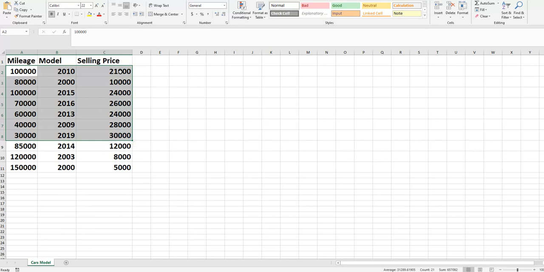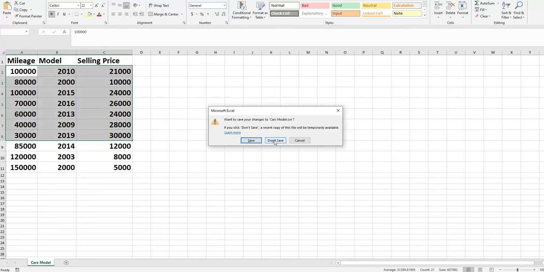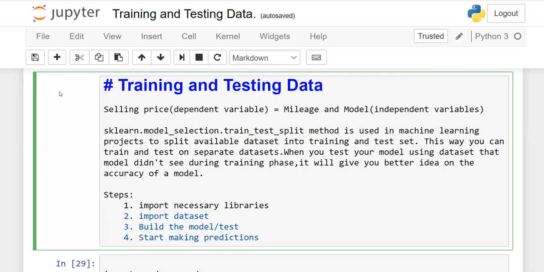So here, suppose you can see these are the dependent variables. Our answers are here. When we create the model, we will give this information to our model and see whether our output is exactly 12,000, 8,000 or 5,000. If yes, we will say our model is accurate, but normally it does not happen. Sometimes it is 70%, 80%, it depends. We will see with the help of our example how our model looks, right? I hope this is clear. I am going to close it and we will do it with the help of our example using Jupyter Notebook.